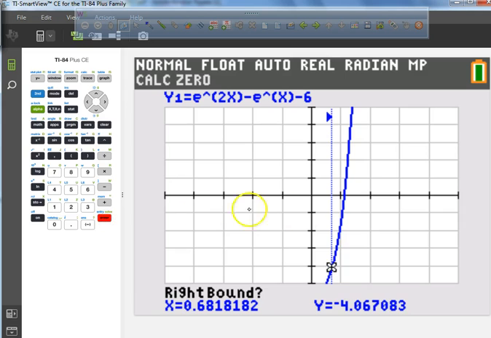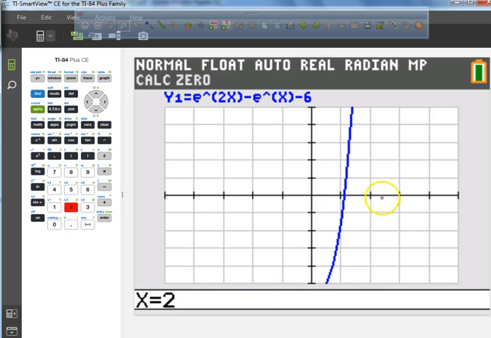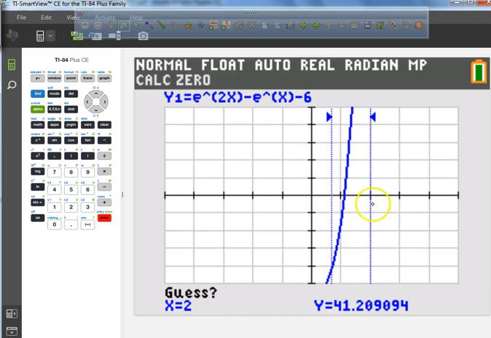I'm going to press enter. For my right boundary, I'm just going to do a 2. So I'm going to type in a 2, which is right over here. So there's my left side, there's my right side. When I press enter,